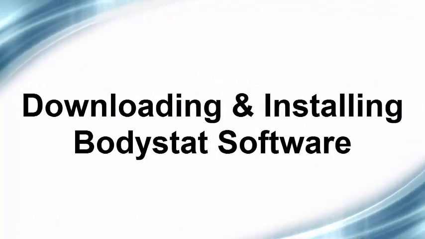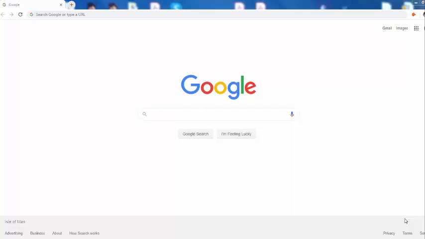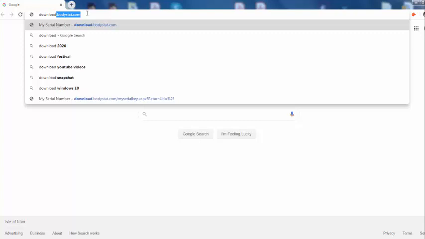In this video, I'm going to show you how to download and install the Bodystat software for touchscreen. In this particular example, I'm going to be using the QuadScan Platinum software. So just go to your browser. We probably would recommend Chrome as the best one, and type in the URL